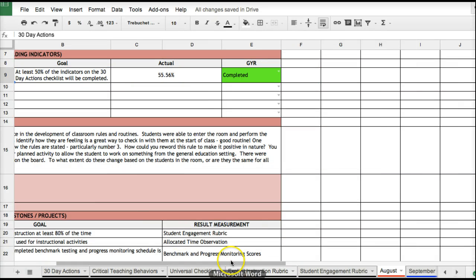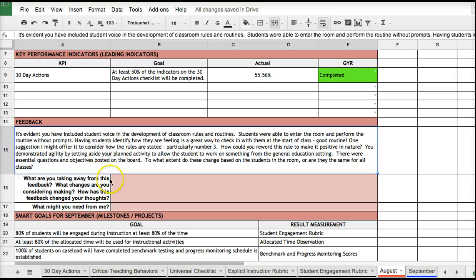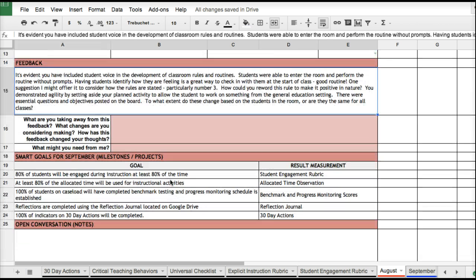Your responsibility when you go into this document will be to read the feedback in this box and then respond to these 2 questions. And we need you to do that within 48 hours. So within 48 hours, I will expect to see in these 2 boxes this person's thoughts about what I offered up here. Then towards the bottom of the document, you'll see a section with SMART goals for the next month.